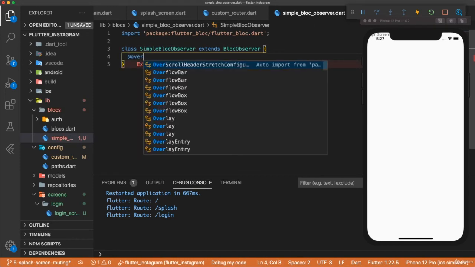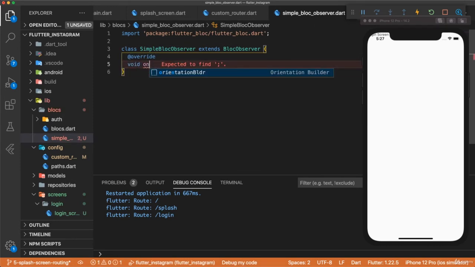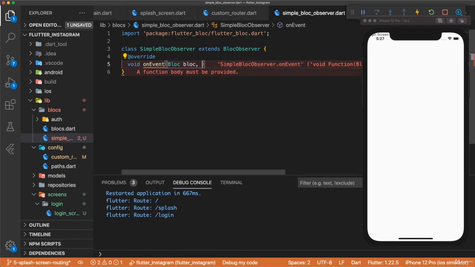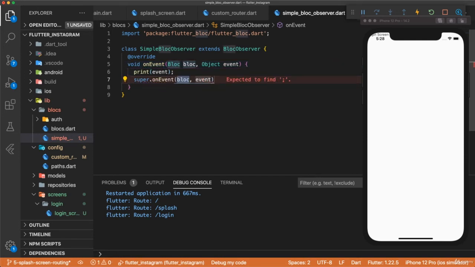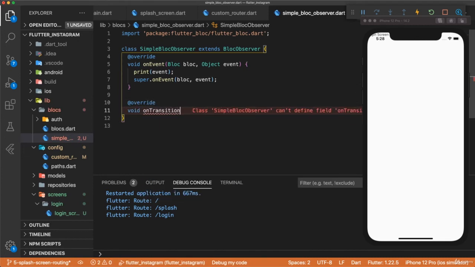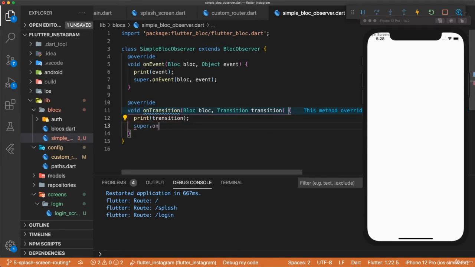So we're going to write override void onEvent. This takes in a bloc, and object event. And here we can print out the event. And then we need to call super.onEvent(bloc, event). Next up, we need to override onTransition, bloc, transition, print transition, super.onTransition,